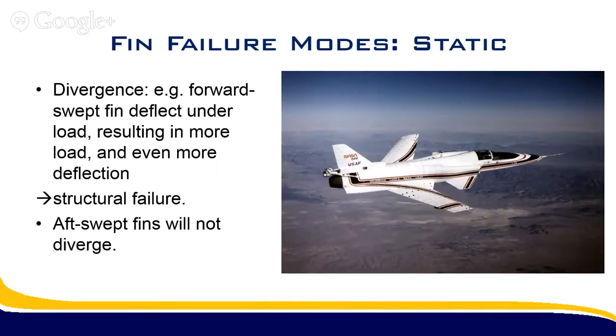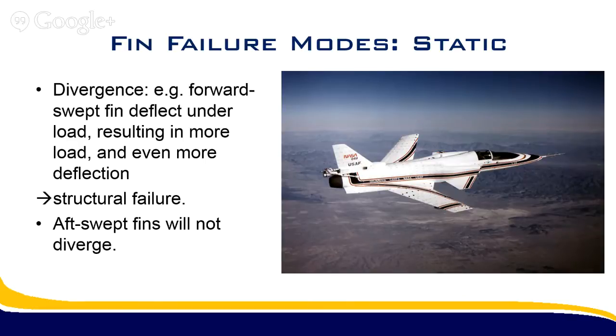The next few slides are more related to aeroelasticity and some different failure modes of your fins. So the first one, and I'd like to thank Tanzu for these slides, is kind of static failure, or we call it divergence. And this usually happens in forward swept wings and fins. And basically what you get is when you have an aerodynamic load applied to the fins or the wings, it deflects the wings, so it causes them to start pitching,